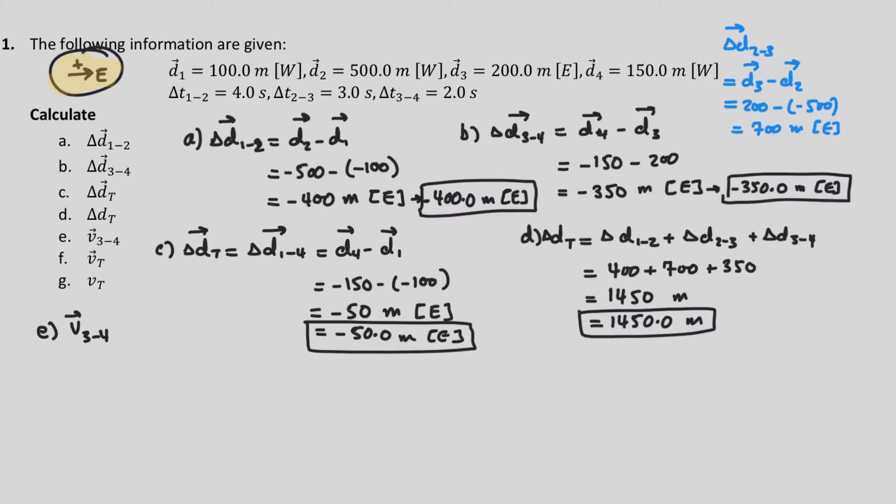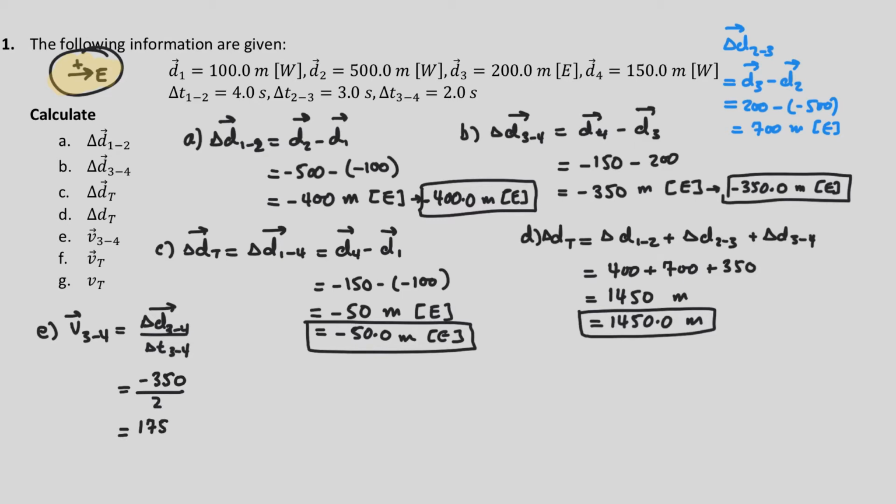4. Whenever we find the velocity between 2 points, it's always the average velocity, because instantaneous velocity is only at one particular point, and we haven't yet learned how to find that yet. So this is going to be equal to the displacement from 3 to 4 divided by the time it takes to go from 3 to 4. I am still using east as my positive sign convention, so here the displacement from 3 to 4, as I have calculated before, is negative 350, and I'm going to divide that by the time from 3 to 4, which is 2, and that's going to give me